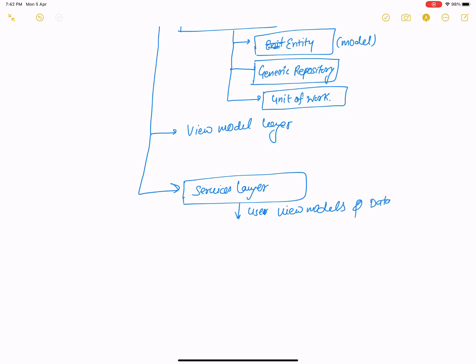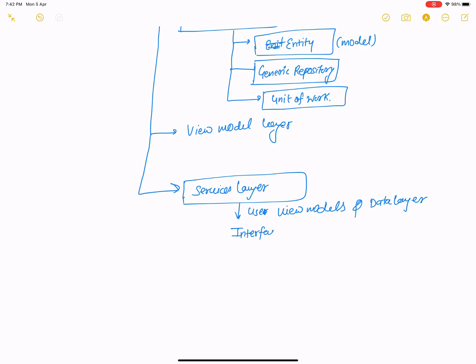The third layer is the service layer. Actually the service layer is a design pattern, you can say, and depends on the individual entity. So it uses view models and data layers.